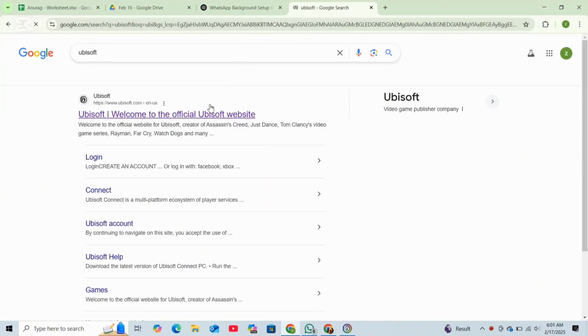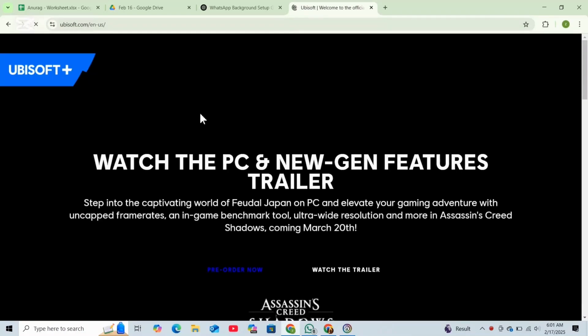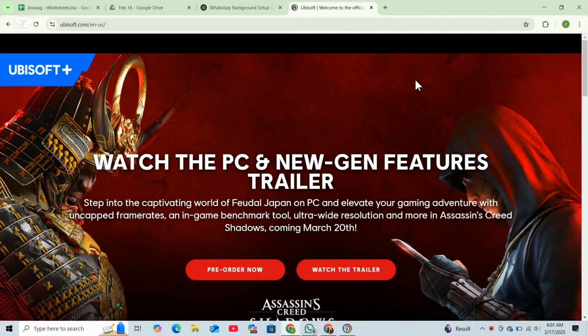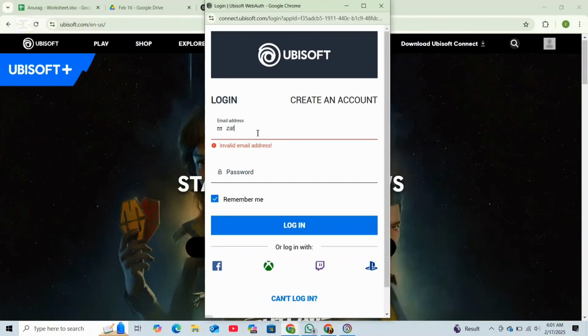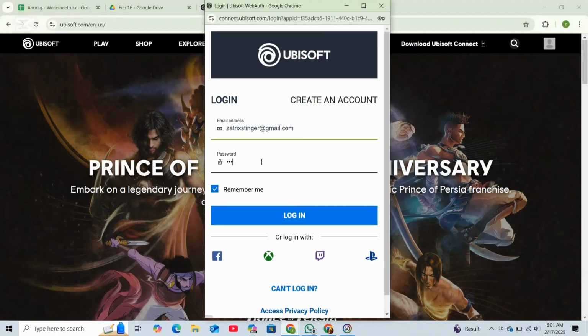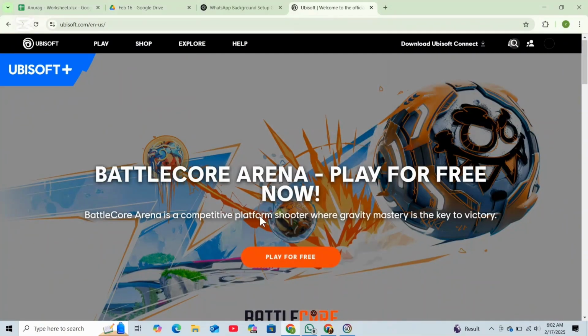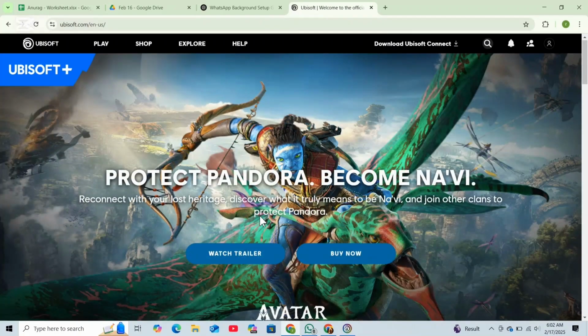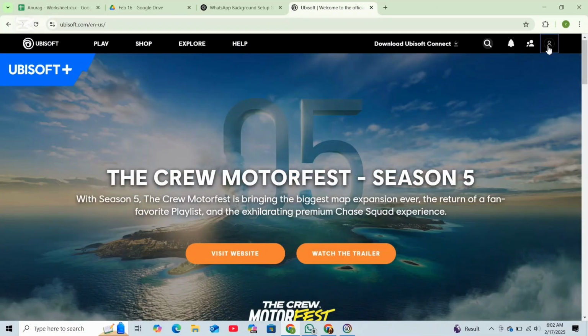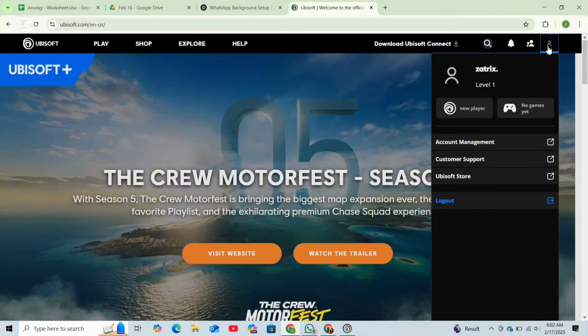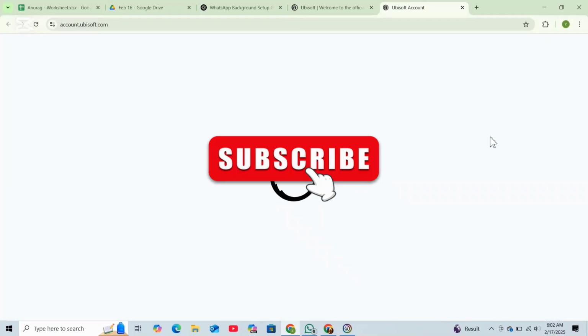So first thing first, open your preferred web browser and go to the official website of Ubisoft. Once you are inside the website, simply sign in and log in using your UBI account credentials. And once you are logged in, simply click on your profile icon at the top right corner and a drop down menu will appear. From that menu, simply select Account Management and this will take you to the Ubisoft account